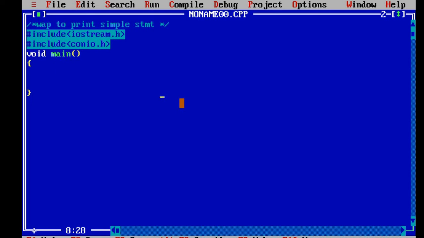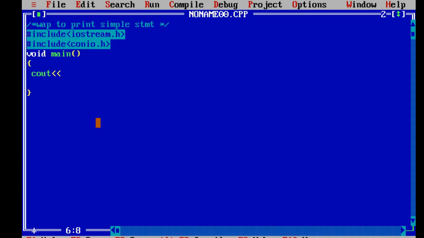Okay, now we will move towards the next part. For example, through this coding, if I want to print a simple statement, we have to use cout. Now cout is nothing but an output. Okay, so iostream is providing us input and output. One output function we are using over here, that is the cout function.